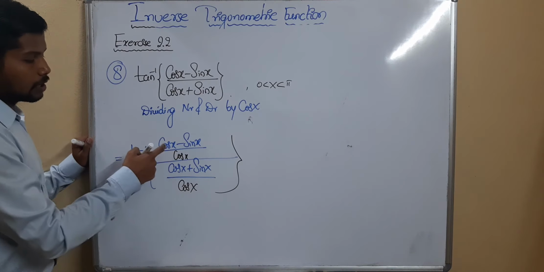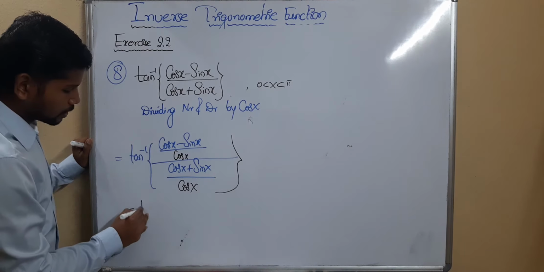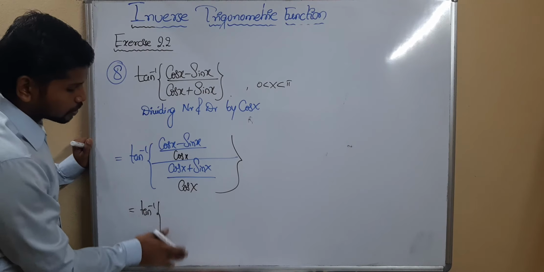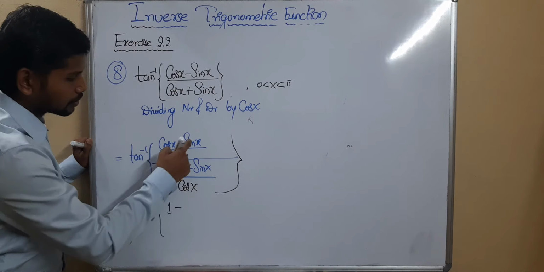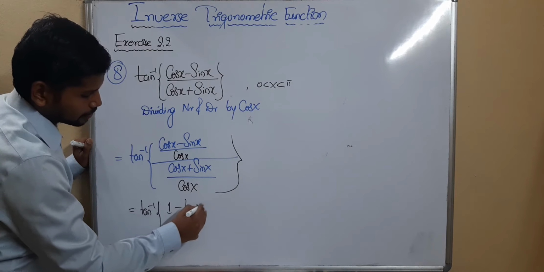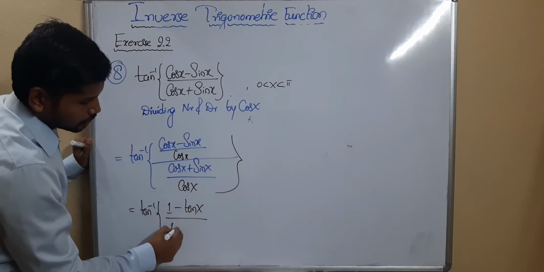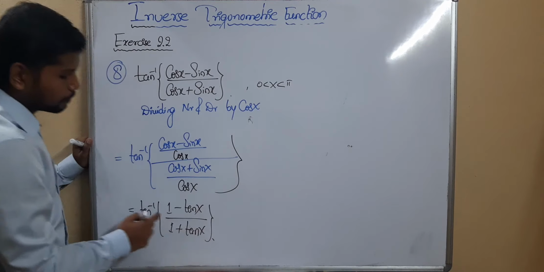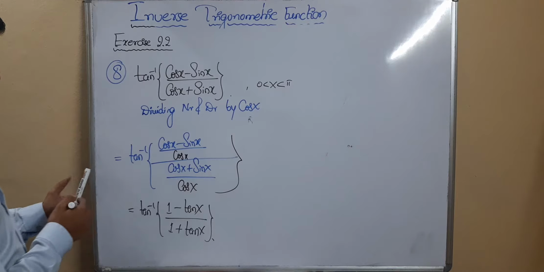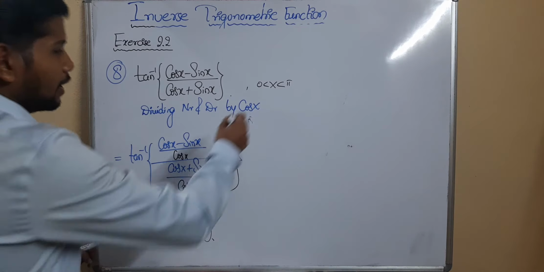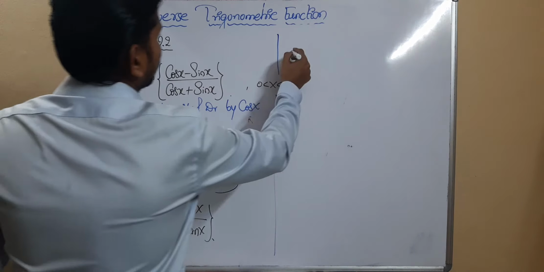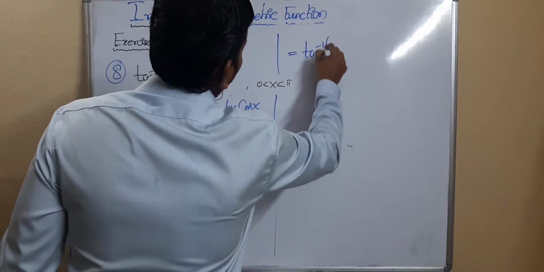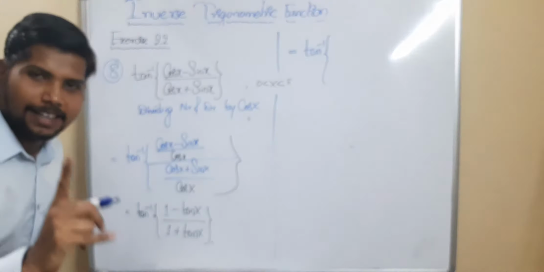This cos is related to the first term as well as the second term. That's why tan inverse of, what is cos by cos? It's 1 minus sin by cos, which is tan x. Cos by cos is 1, plus sin by cos, tan x. Concentrate on the board. Tan inverse of 1 is there. How do I write 1 in terms of tan only? Yes, exactly. You know that tan has the value 1 for which angle? Yes, the angle is pi by 4. That's why 1 can be written as tan of pi by 4.